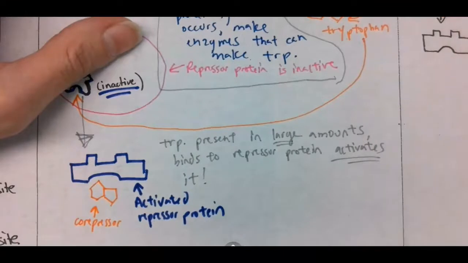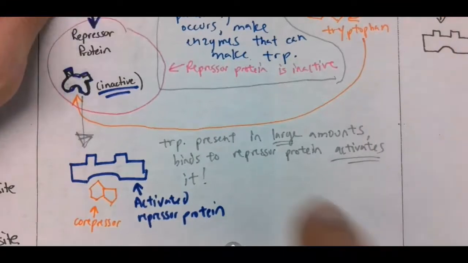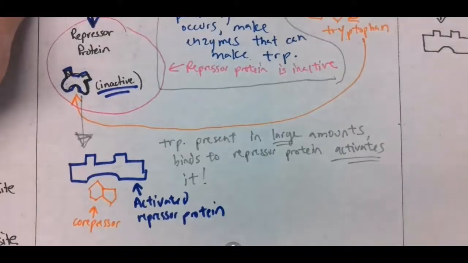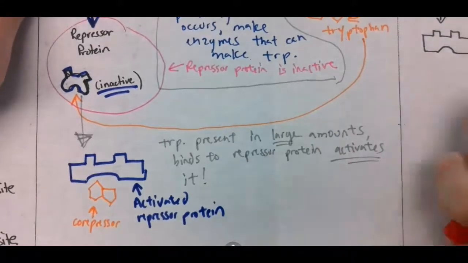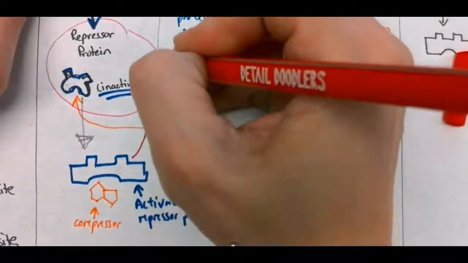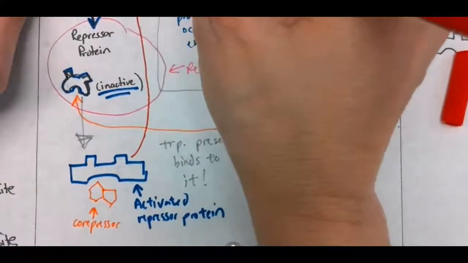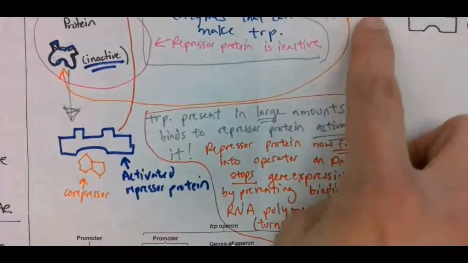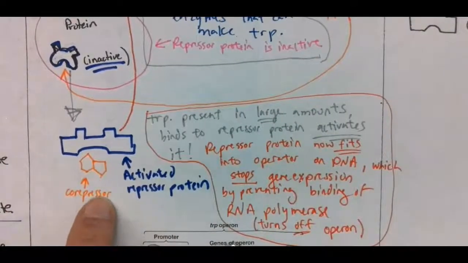Okay, so what's going to happen now? Well, this activated repressor protein, okay, is going to be able to now fit. So as I was saying, right, this activated repressor protein, because the tryptophan bound to the repressor protein,